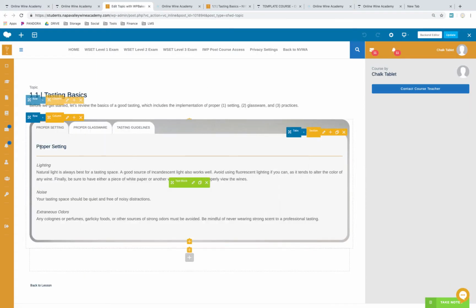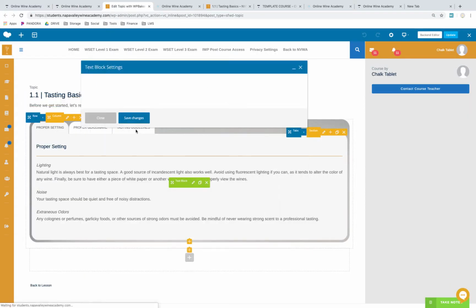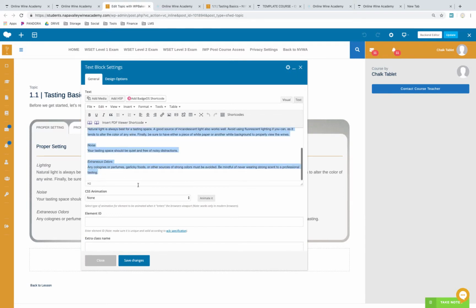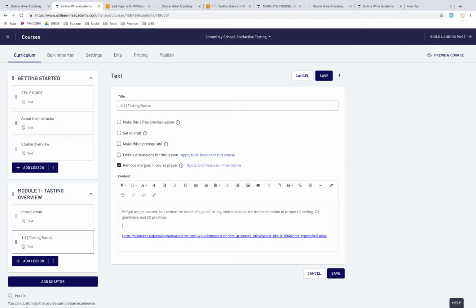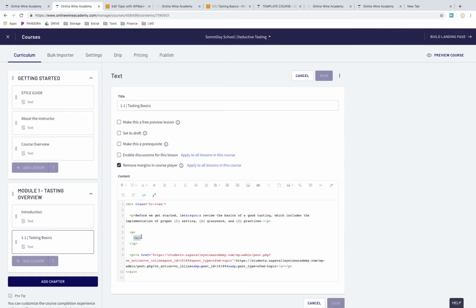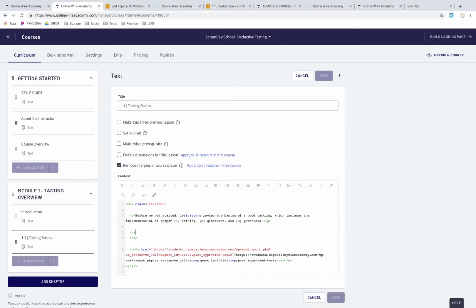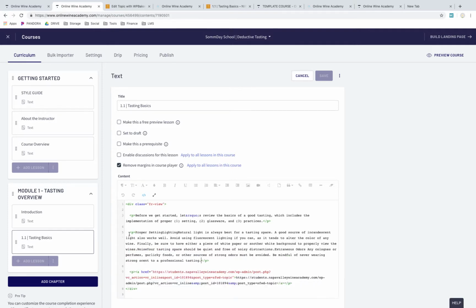So I'm going to come into my tabs, I'll click on that, and I'm really just going to take all of that content, copy it, come here, make sure that I've got some P's set up, and I do, but there's a weird break. So I'm just going to pull them together like that, and I'm going to paste that in. It's obviously not going to come over the way that it should,